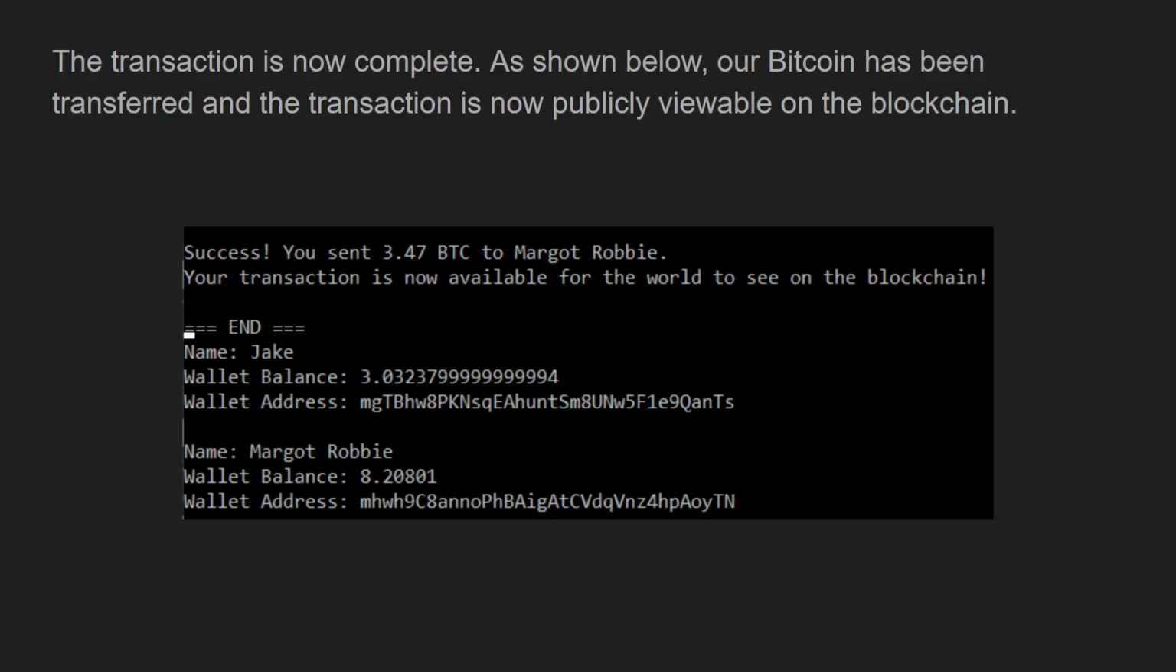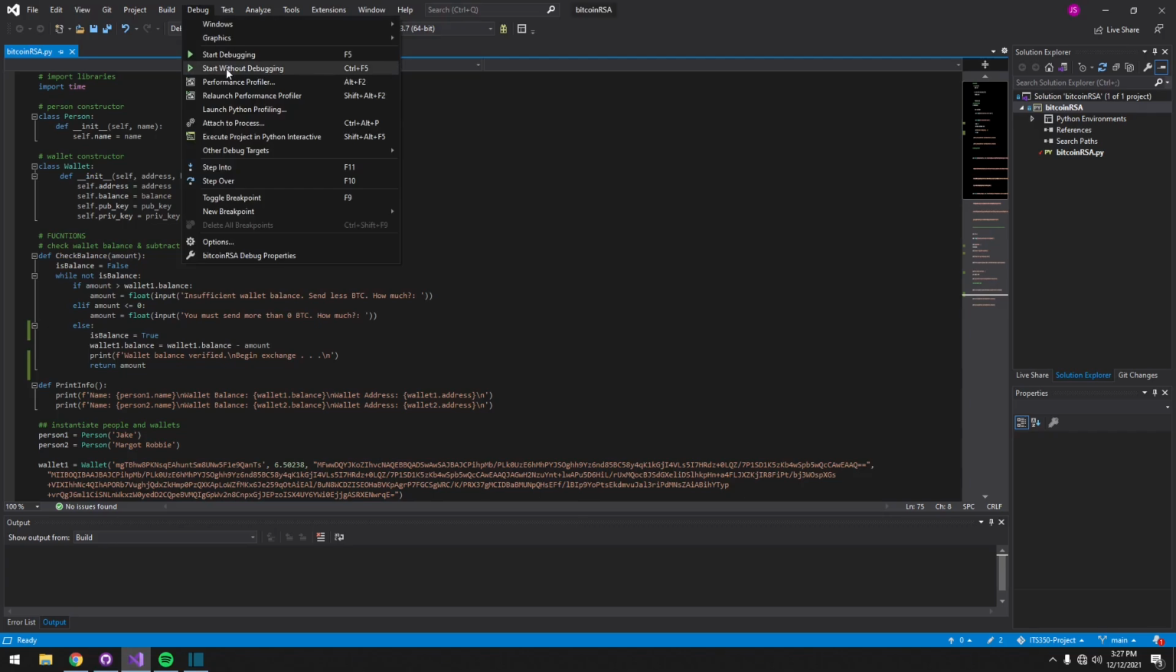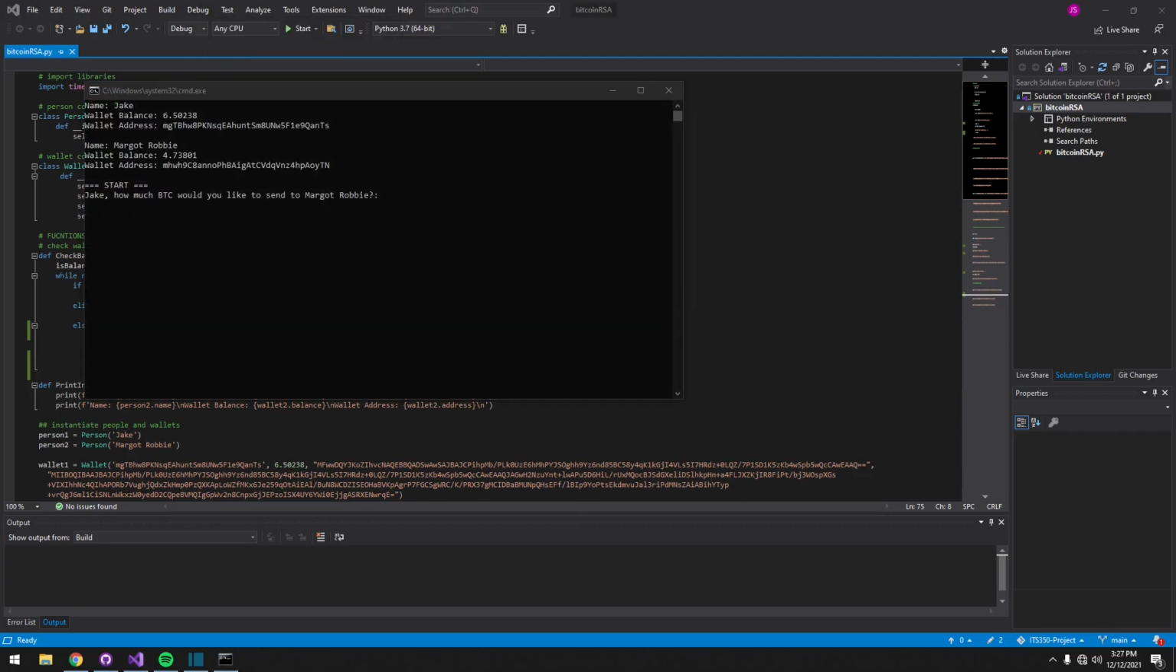Now I will demonstrate the program. Okay, so here we are in Visual Studio. I'm going to go ahead and start the program. So again, the first thing that it asks for is an amount to send. We'll send